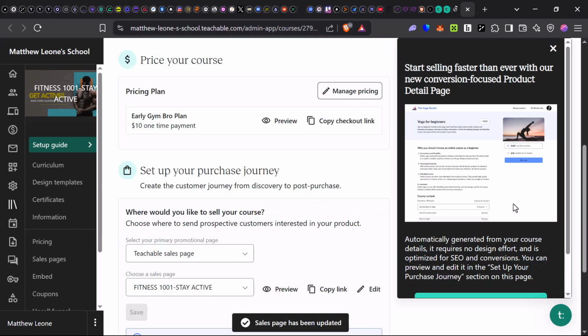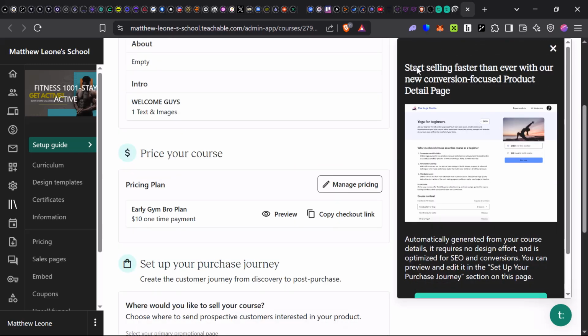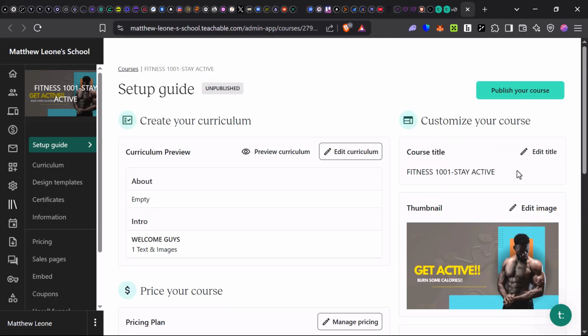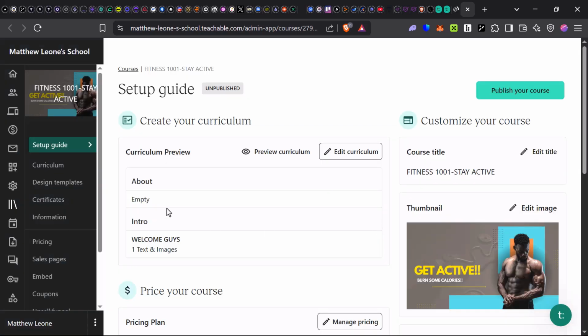And there's a little newsletter here that says start selling faster than ever with our new conversion focused product detail page. So let's go ahead and close this. You have your thumbnail here, you have your course title, which you can still edit. And then finally, you can also publish your course directly from here. So once everything is in order, you can go ahead and click on publish course and publish this course on